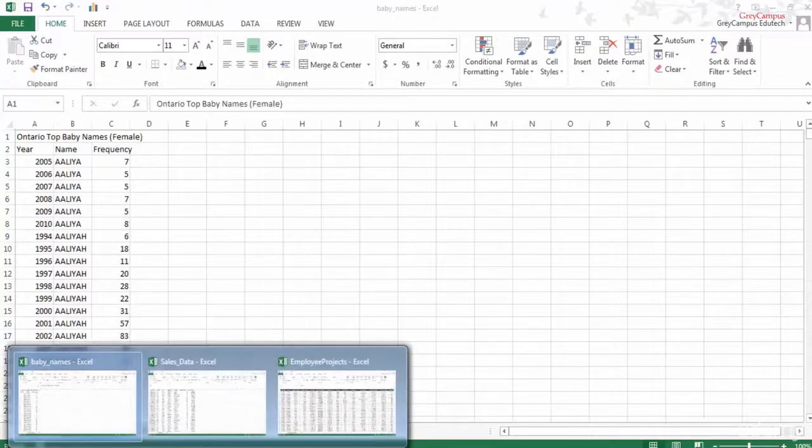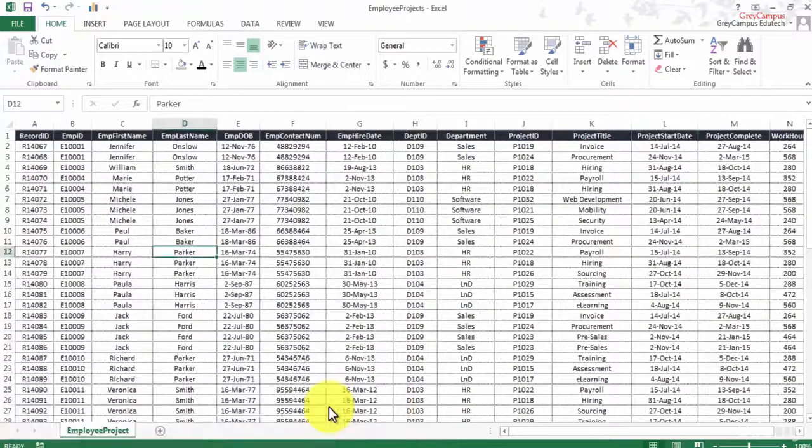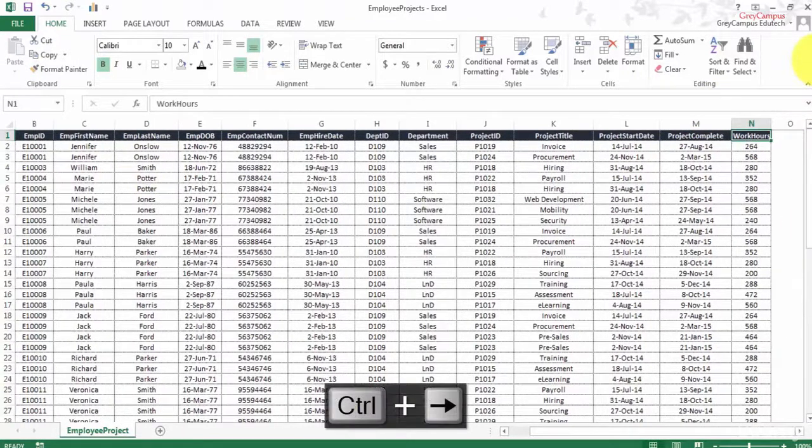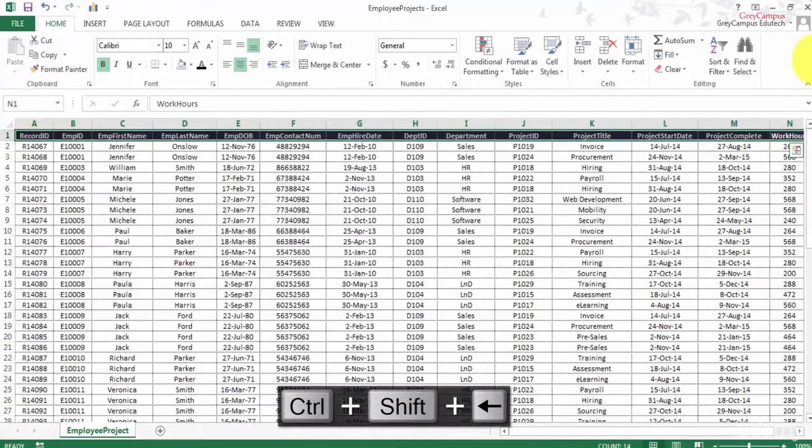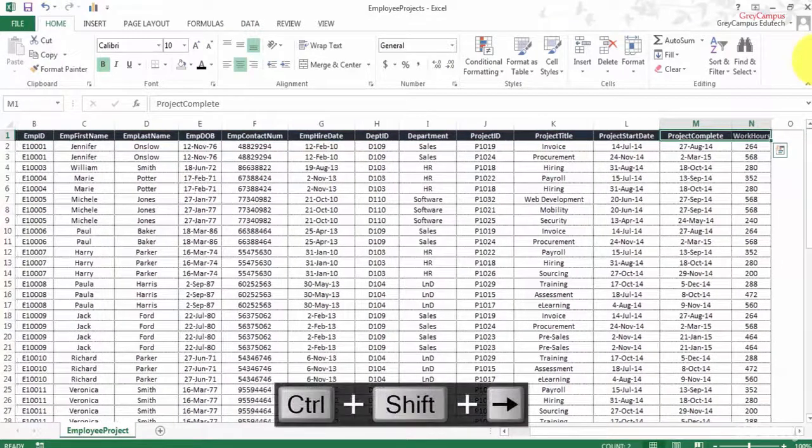So first of all, we will do a quick overview of pivots, and we will see how to draw pivot tables. Whenever you want to make a pivot, first of all, just see what is the length and breadth of the data. Here we can see that there are columns from A to N, like this.